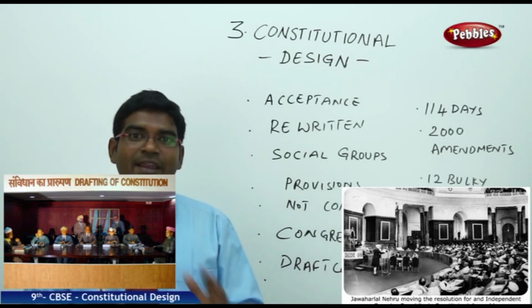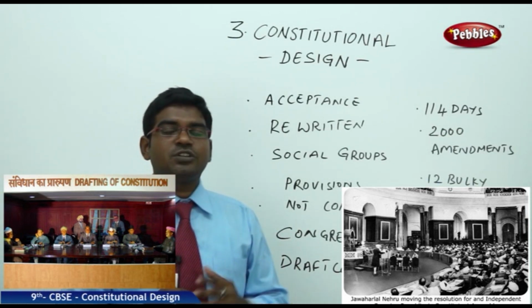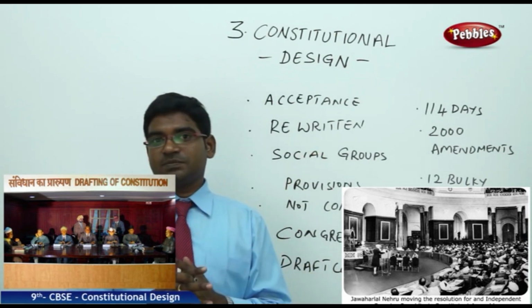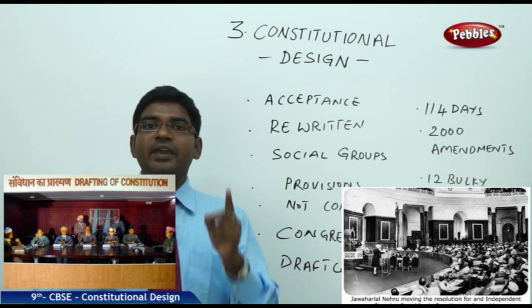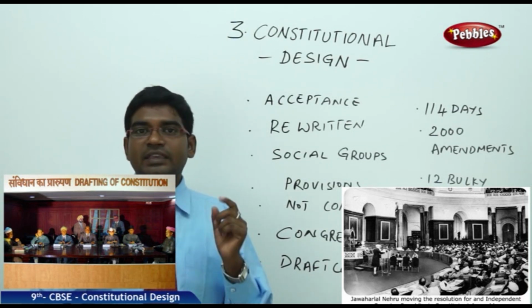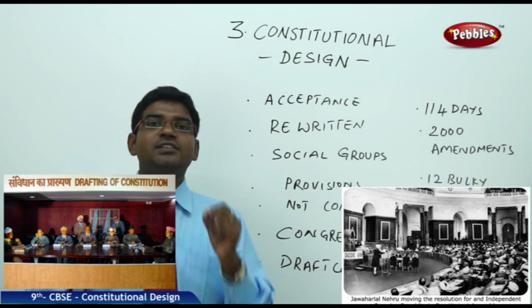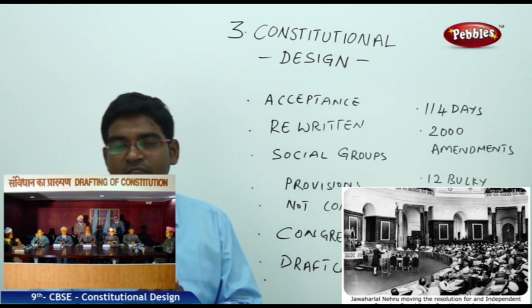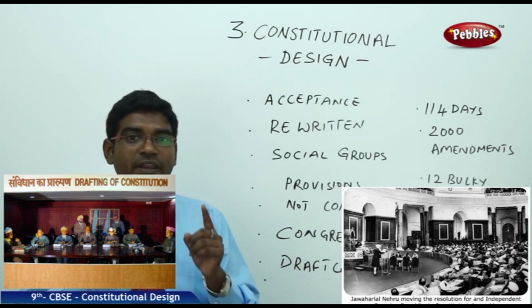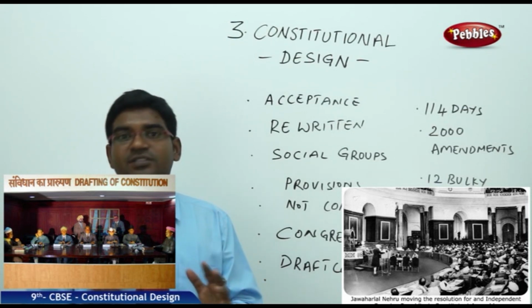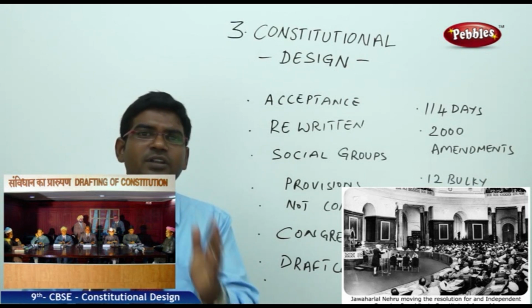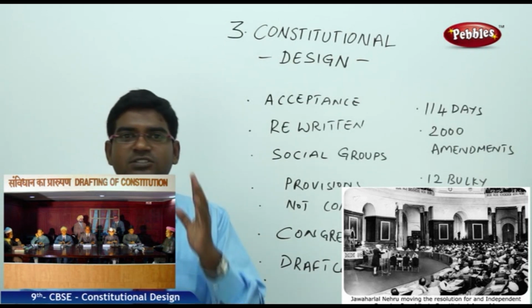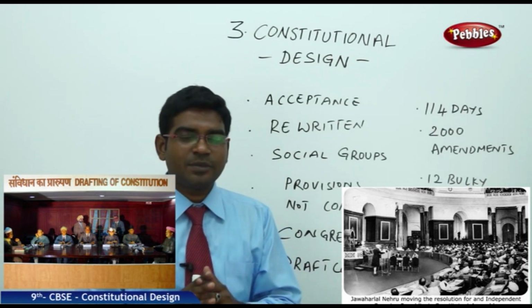After drafting a constitution, Dr. B.R. Ambedkar, who was head of the drafting committee, verified it thoroughly and brought it to the Constituent Assembly for discussion. He read clause by clause, word by word in the Constituent Assembly, explaining each word in detail to every member. It took nearly 114 days spread over 3 years, and every word, every clause, every provision, every sentence was discussed thoroughly and deliberately in the Constituent Assembly.